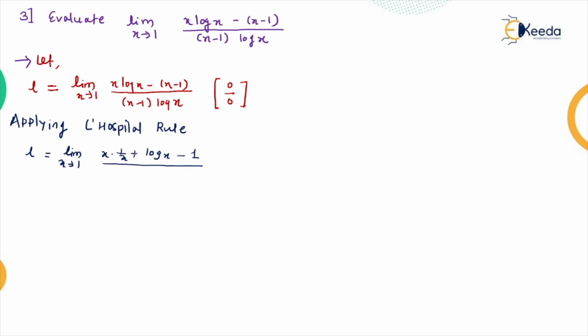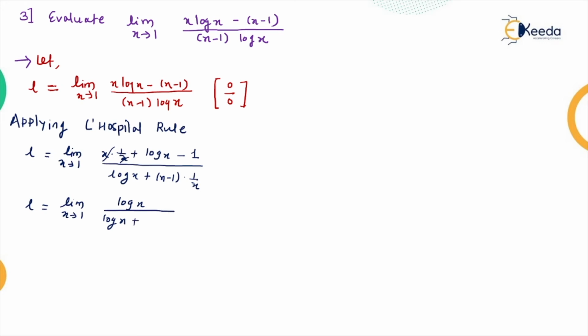Again in the denominator, check here: log x as it is, and the derivative of (x minus 1) is 1, plus (x minus 1) into the derivative of log x, which is 1 by x. So x and x will cancel. What will remain in the next step? L is equal to the limit as x tends to 1; putting 1 and minus 1, the numerator becomes only log x, divided by log x